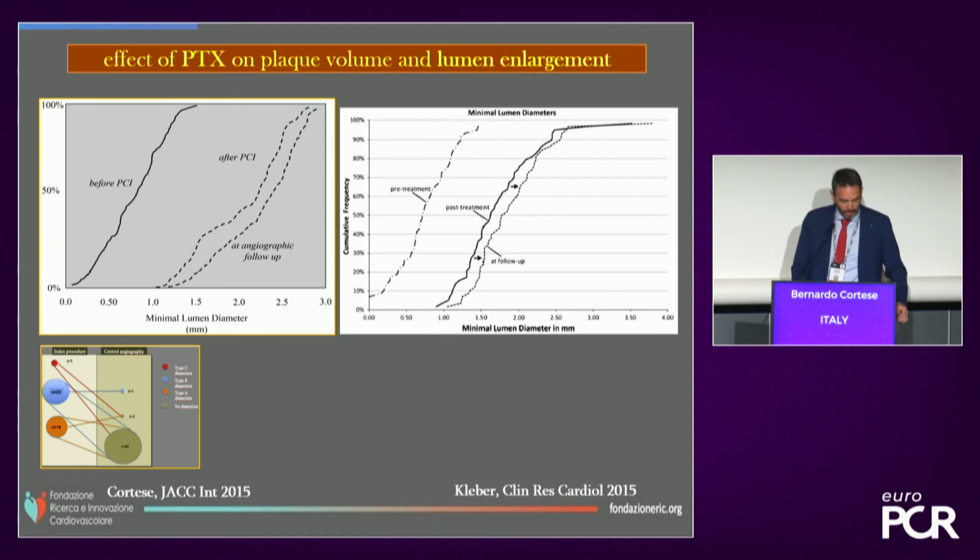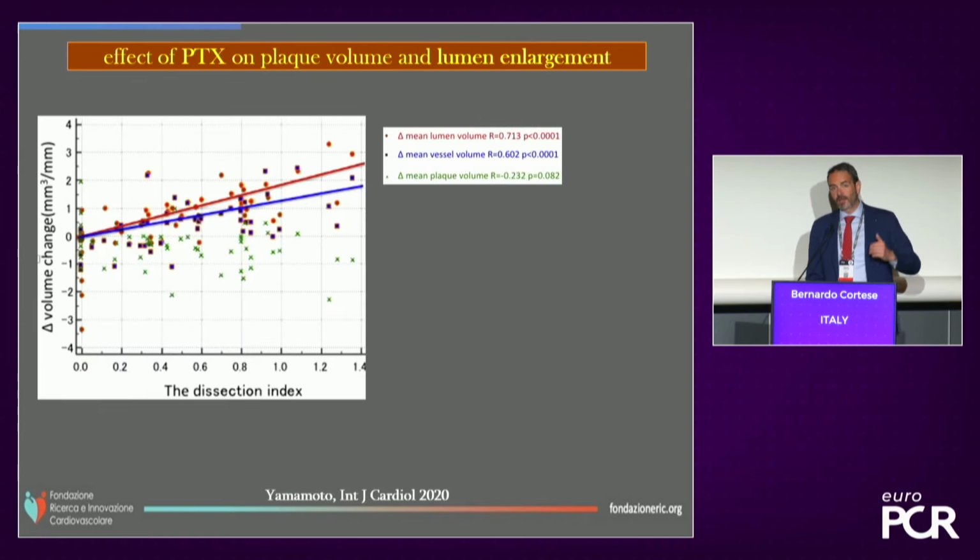We have already discussed this ability of a good paclitaxel DCB, which means the ability of creating a lumen enlargement 3 to 4 months after the PCI. And this has been shown at least in these 2 studies. And interesting, again, I come back to the dissection, this is quite complex to read, but a very interesting and very well designed study by this Japanese group is showing how there is a direct correlation between the dissection index,